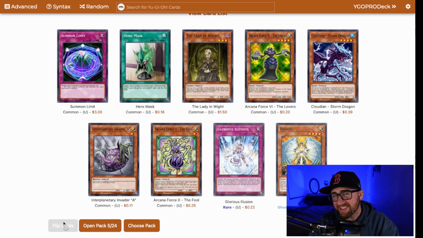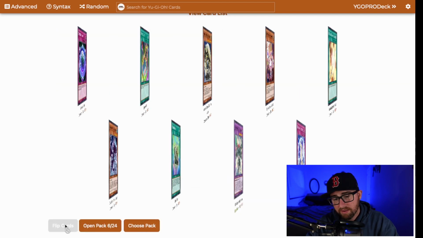If my Lightsworn lineup is pretty good, it'd be cool to play, but I would also need Judgment Dragon, which is another secret rare, and I don't know, I feel like that deck is so high rarity that it's just really not possible. So, I mean, I'll definitely take this Honest. It's very cool, and there's a summon limit, so that's pretty cool too. Ooh,